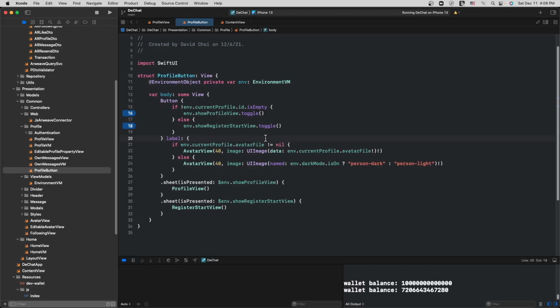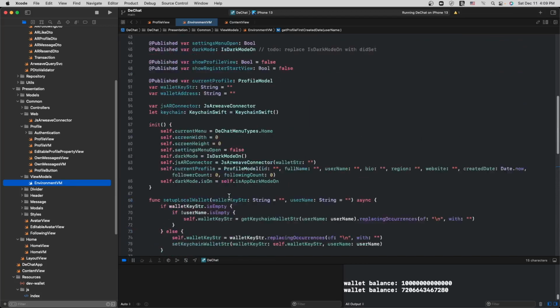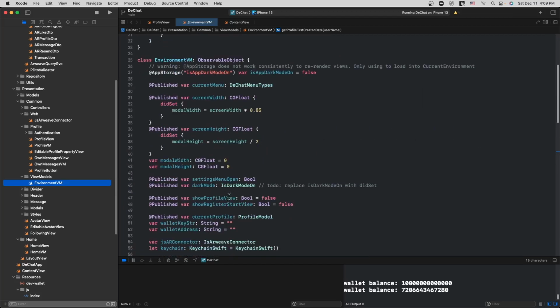I have a global environment object, and the things that I'm using across the entire application I have in this view model, right?